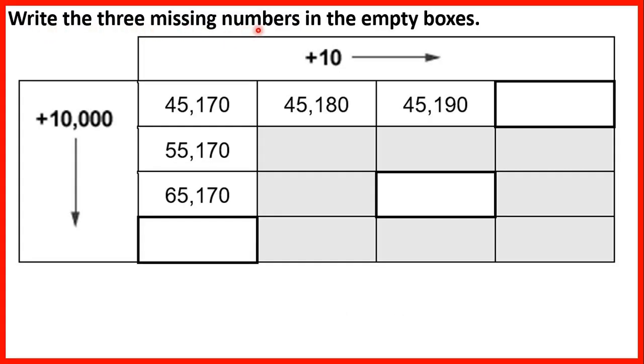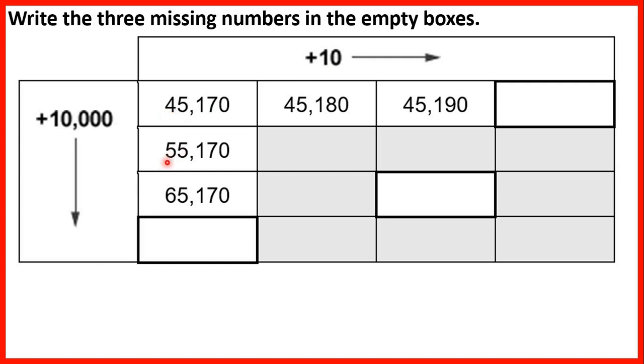Write the three missing numbers in the empty boxes. So this tells us that when we go down, we add 10,000, and when we move to the right, we add 10. So we can see in this column here, we have